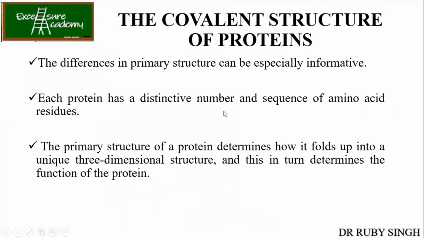The differences in the primary structure are informative. If you know the sequence of the protein, you can predict its structure, and once you know the structure, you can predict the function of the protein. How is it done? Do you remember PyMol, the bioinformatics software I mentioned once? From that also you can understand that if you know the structure of a protein, you can guess what kind of function it might have.